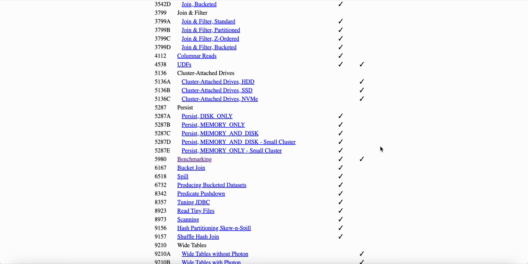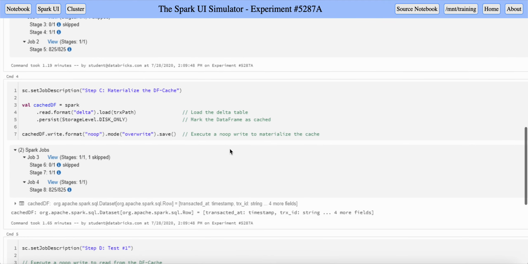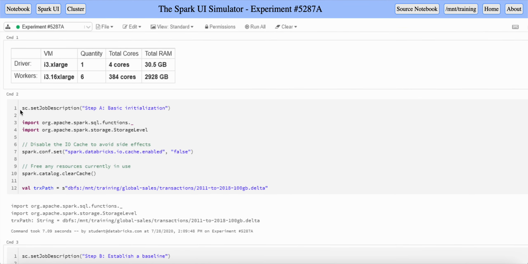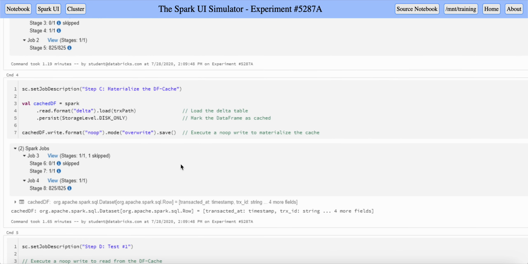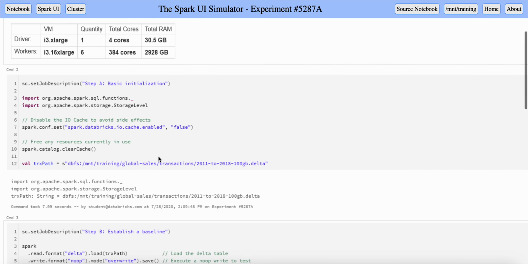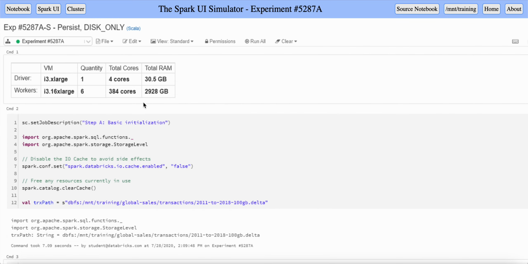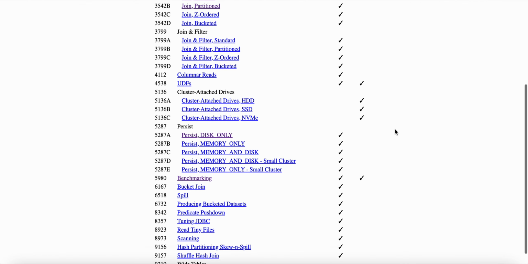You can just go through it. You can even see many examples, like disk only. They did very nice examples. The important thing is they do the basic normal way at first, and then they try to show you how their experiment is actually behaving. So always the first cell or the second cell of the notebook is going to be just the baseline. Of course they say it's a baseline, but then the other tabs are actually doing what needs to be done as part of the experiment. So it has a lot of experiments, and then I think